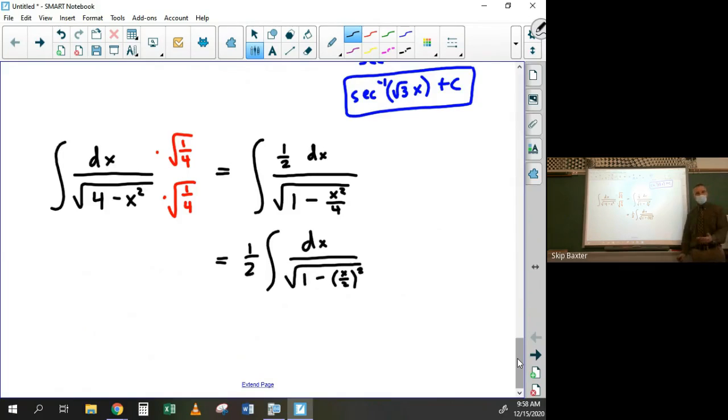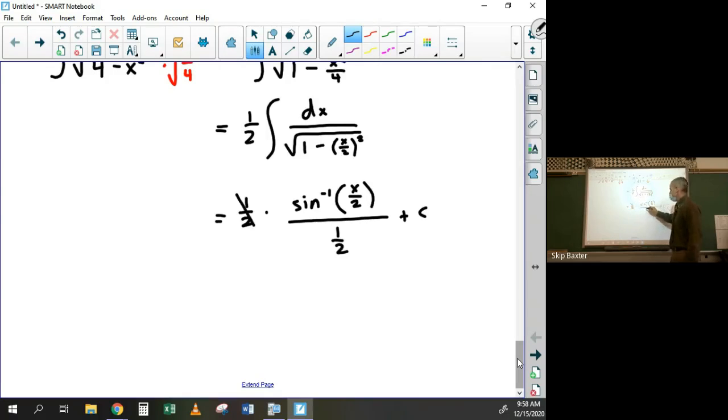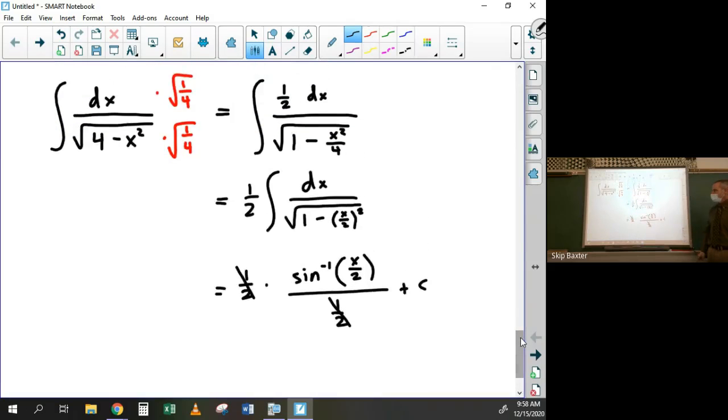Now it's the shortcut. The shortcut is, if I think I'm going to have to use u substitution here, but the u that I'm going to pick has a derivative that's a constant. The u I would pick here would be x over 2. Its derivative is a constant, 1/2. Then I really don't have to use u substitution. I can just divide by that constant. So this is going to be 1/2 from there, sine inverse of x over 2 divided by 1/2. And then the halves cancel. That's the answer. Everybody see that trick?